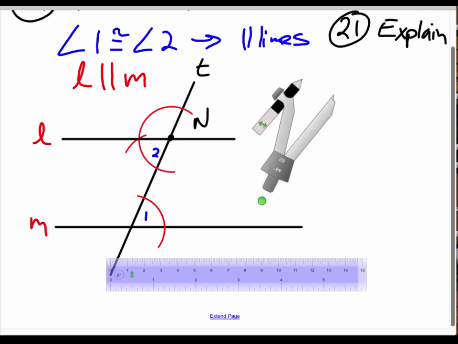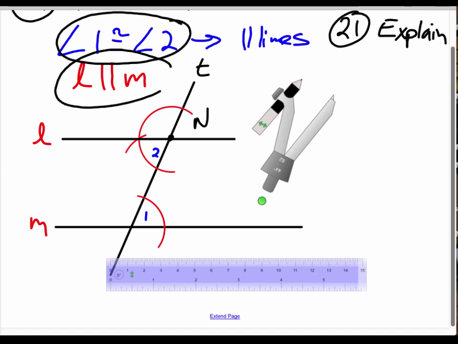You could write that in your own words. It's not asking for a formal proof. We've already done that. They just want you to write in your own words that since angle 1 is congruent to angle 2, and we should probably label that they're alternate interior angles,